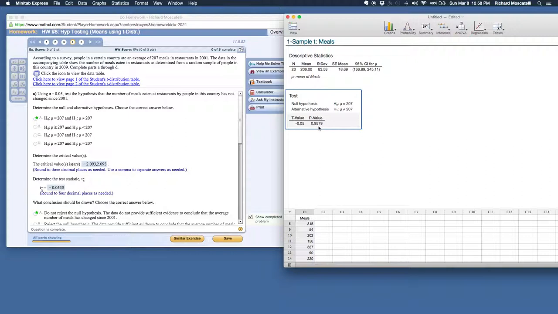Or, of course, you can look up the critical values. The critical values, which are negative 2.093 and positive 2.093, you would get from the t-distribution table. And they give you a copy of the t-table right here. So you just have to click on that and open it up and look it up. And then, of course, I personally would use the template that I have created for you, because the template lays this out for you. But that's up to you. Whether you decide to use the template or not for something like this is purely up to you. I think it's a great idea too,